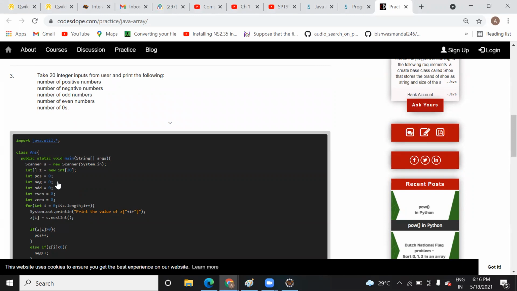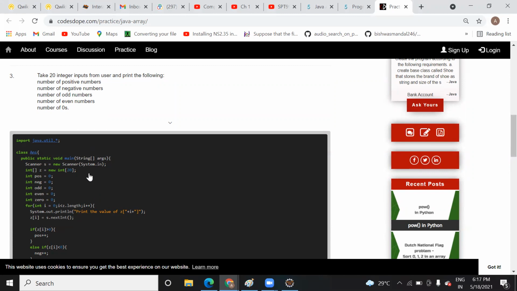Okay. So here, you are going to do the same thing. In this for loop, you are going to read the input from a user. i is equal to 0, i is less than z.length. z is what? The array where you are going to read a value, and this for loop will run based on the size of the array. So here you have specified 20. You can use 20 directly here, or you can use z.length also.